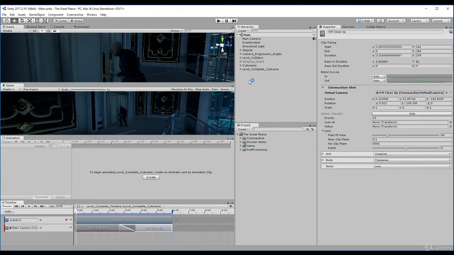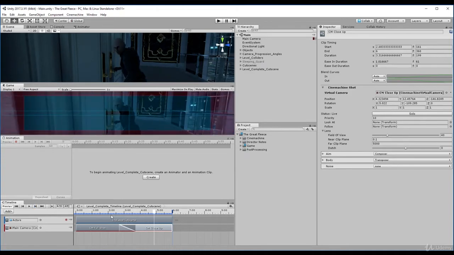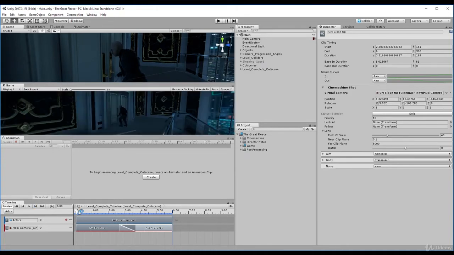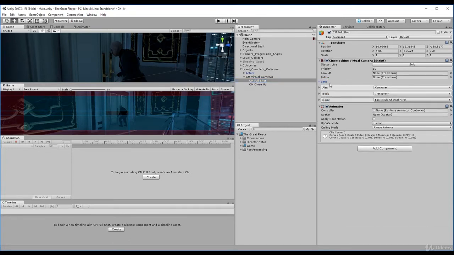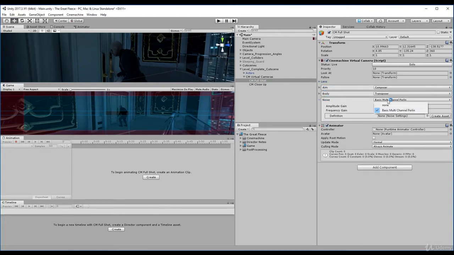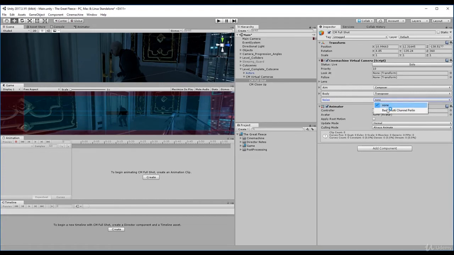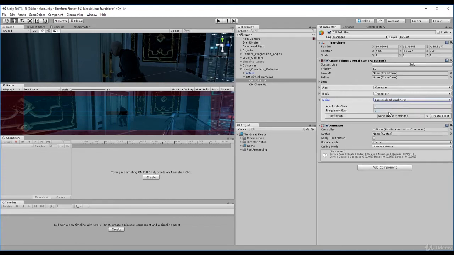So another thing that we can do here to smooth this out, so that it's not so mechanical, like we're just floating around, is we might be able to add some noise to the cameraman who's holding this. If you select our Cinemachine full shot virtual cam, under the properties of our virtual cam, you can see we have our aim and body properties, and then we have a noise property. It's probably set to none, but we can add Basic Multi Channel Perlin noise, which will give it some natural movement as if a director or a cameraman was holding